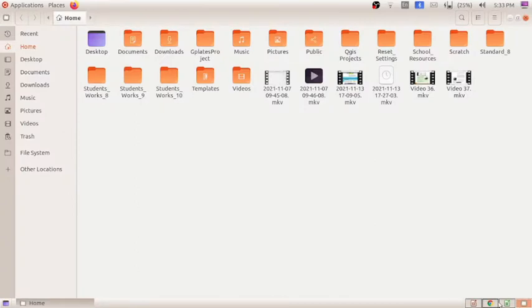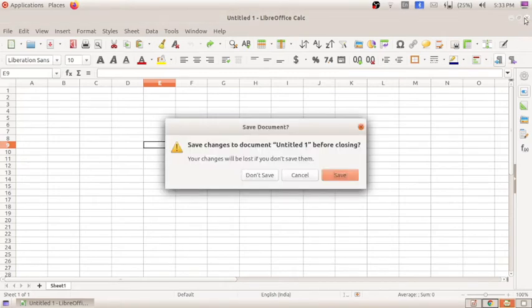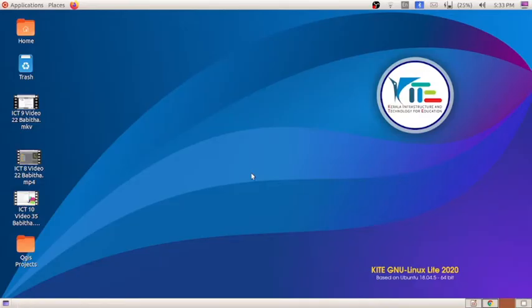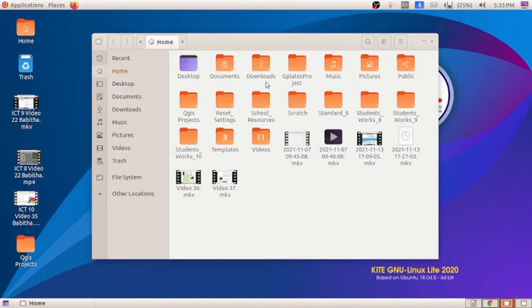So for that, I would like to open a page here. Okay, I am going to add some details. I already have that page, so I am going to open it here. Already I have an Excel sheet in our school resource folder. You will be getting that.